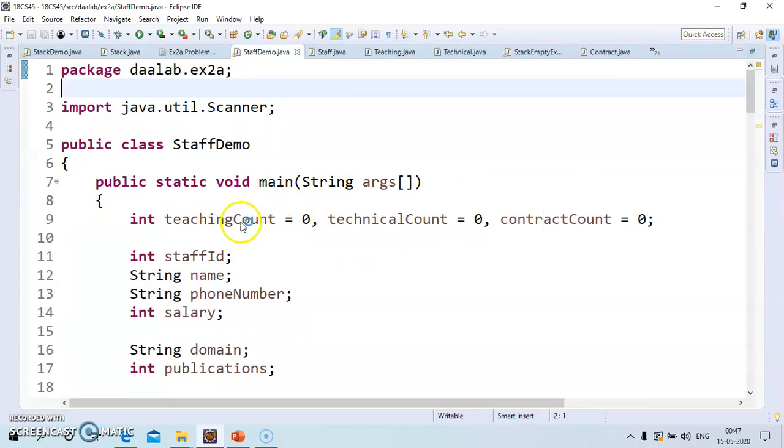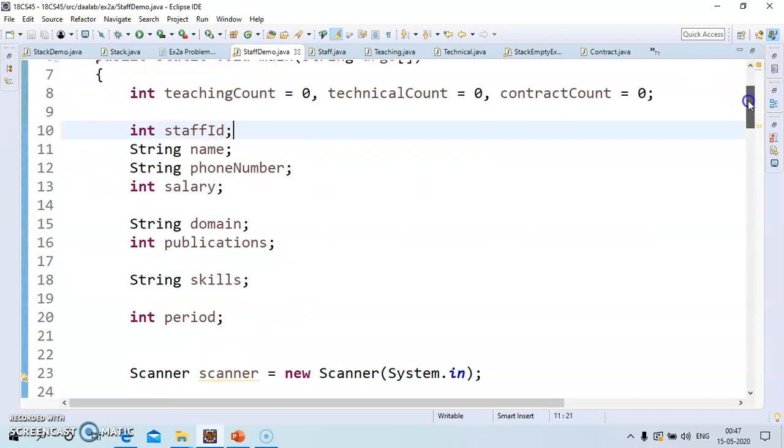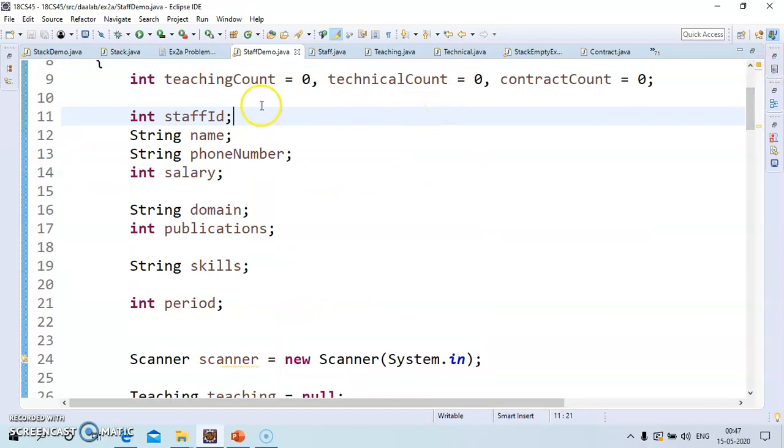Initially we have counters for all the 3 different types, that is teaching count is equal to 0, technical count is equal to 0, contract count is equal to 0. Then we have properties for the one superclass, that is staff ID, name, phone number and salary. This is for teaching, that is domain and publication.